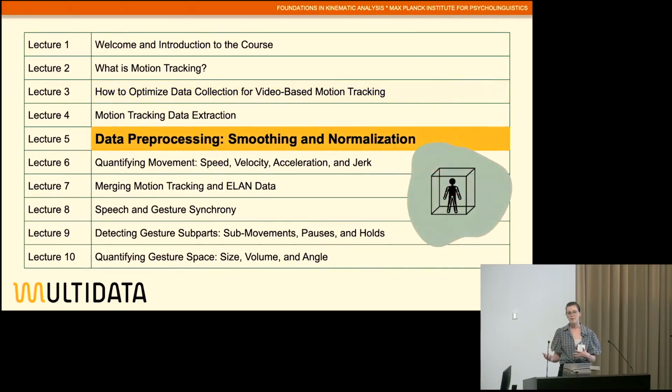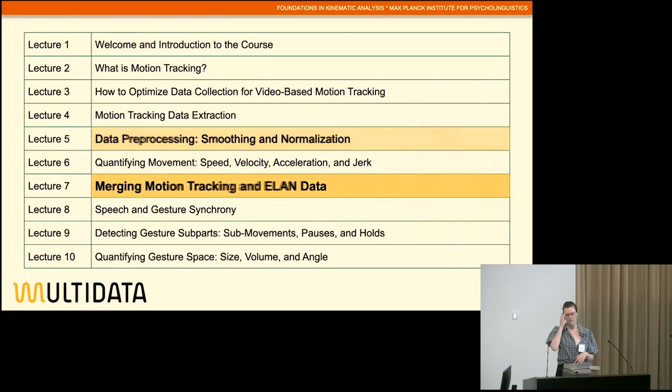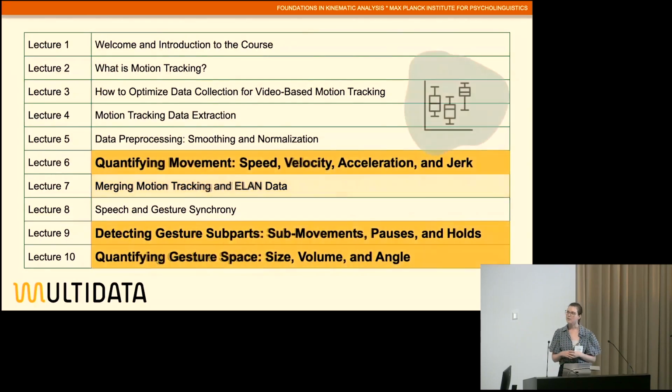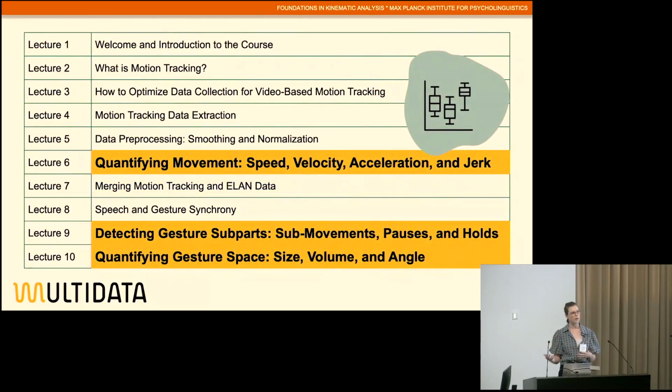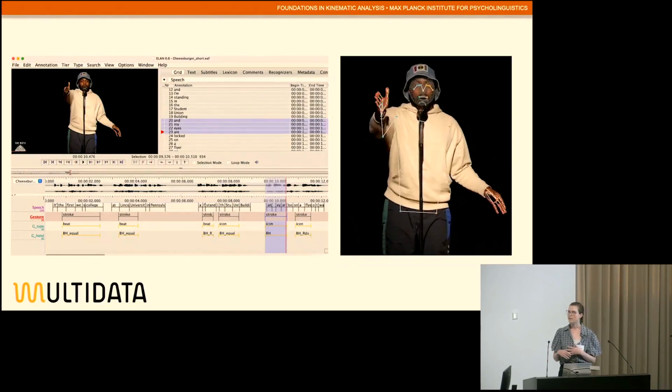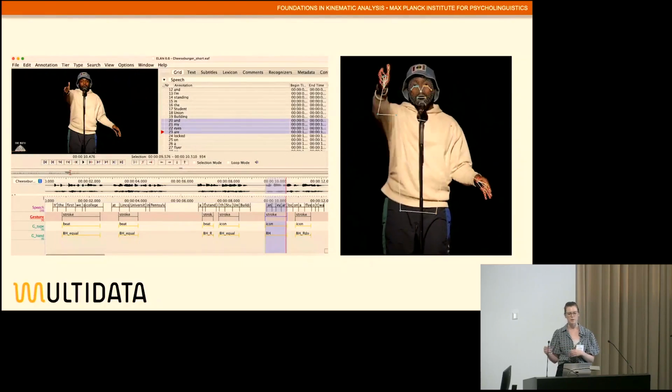How do you pre-process your raw motion tracking data to reduce noise and to enable comparison across participants? How do you integrate your motion tracking data with manual annotations of gesture events in ELAN and bring different sorts of time series data together? And what kind of calculations can you perform to quantify the temporal and spatial characteristics of a movement for statistical analysis? So the lecture series will use a small data set from publicly available YouTube videos from The Moth,